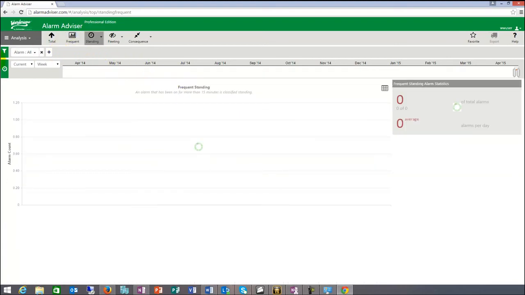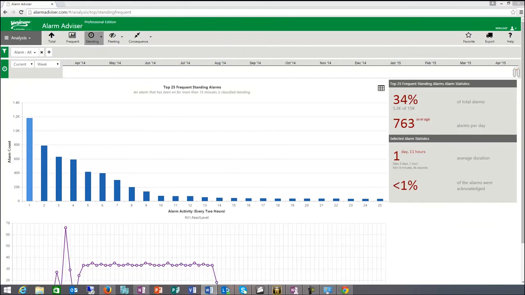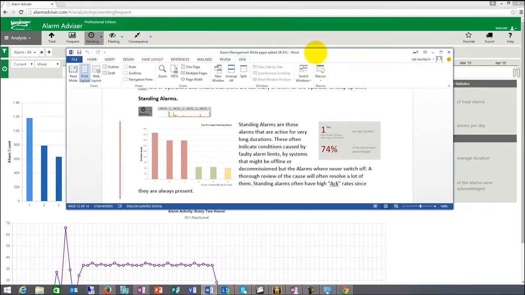Standing alarms are different. If we take a look at standing, standing alarms are those alarms that are active for very long durations. These often indicate conditions caused by faulty alarm limits, or by systems that might be offline. So things that you could use here are plant state suppression. You could use shelving. You could use tools to tell the system that these systems are offline,